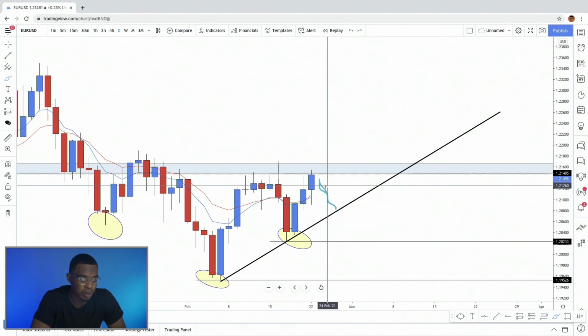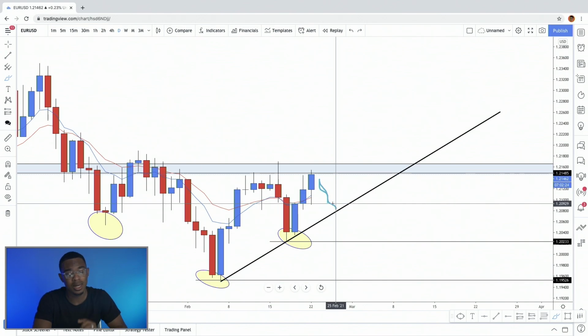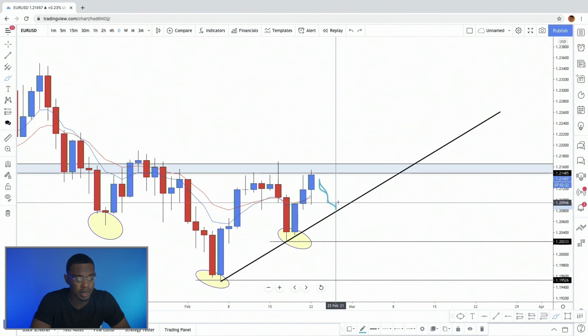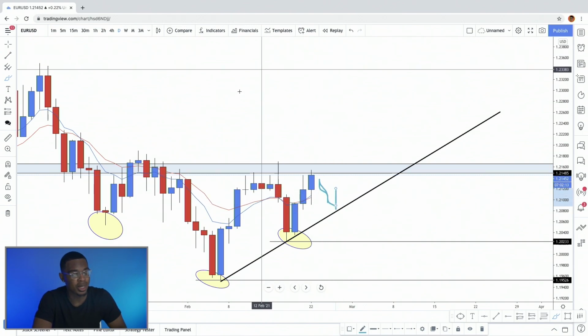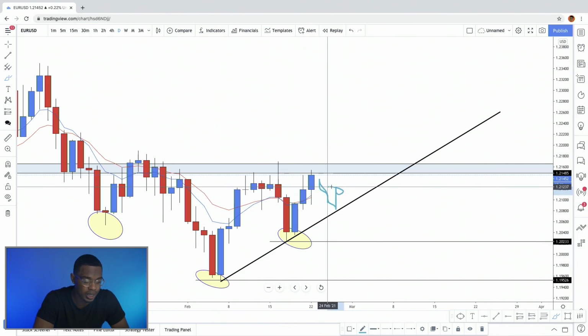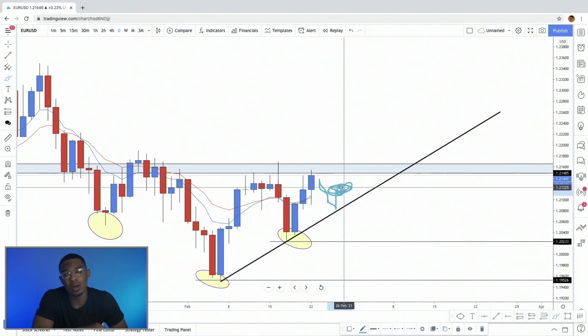So when price goes right here, I am now waiting for this bounce, because the bounce is the first confluence. My main confluences that I consider are trend line, support and resistance, and candlestick formations. So a trend line is one of them. So a bounce off a trend line, confluence number 1. Price heads up, and let's say it gives me a bullish engulfing, a morning star, something, confluence number 2. And at that point, the 8 and the 14 will come together and give me my EMA that I need to enter correctly. And that will be the third confluence, and that's your entry. Or for a more